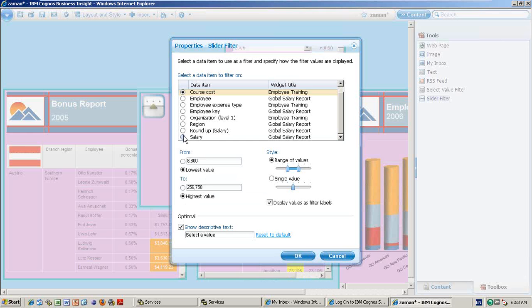So I will take the salary and it will show you what is the lowest level and what is the highest level of the salary. And here also you can write, select the range.